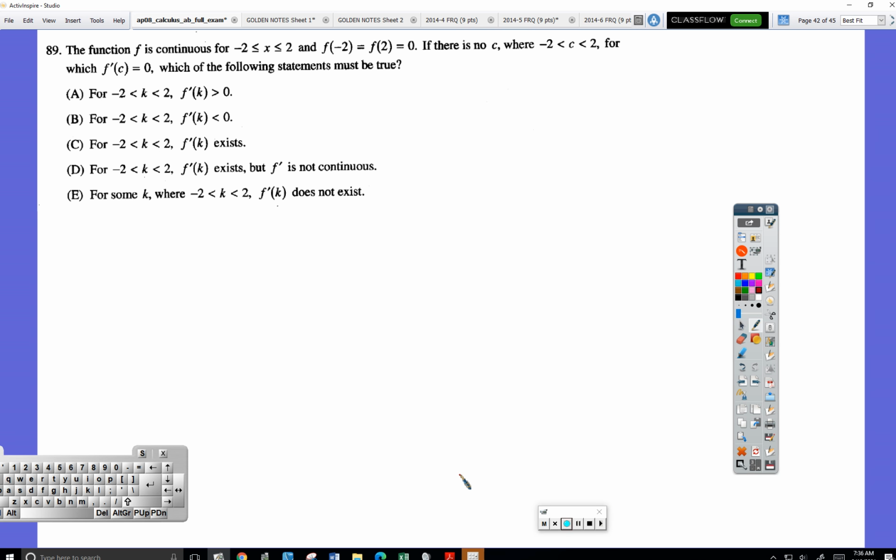Okay, it says the function f is continuous on this closed interval. They give us two values of f. We get two different values of f. Okay, if there is no c, okay, so right away,